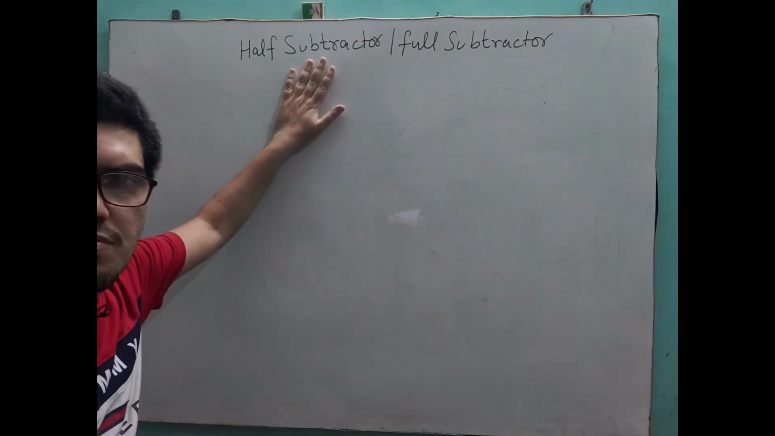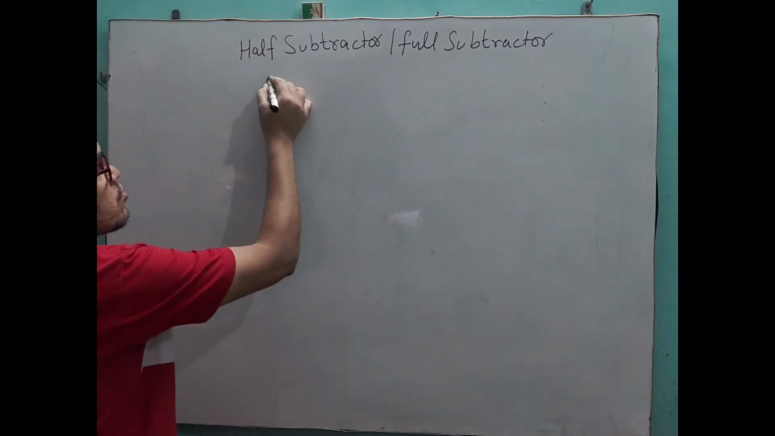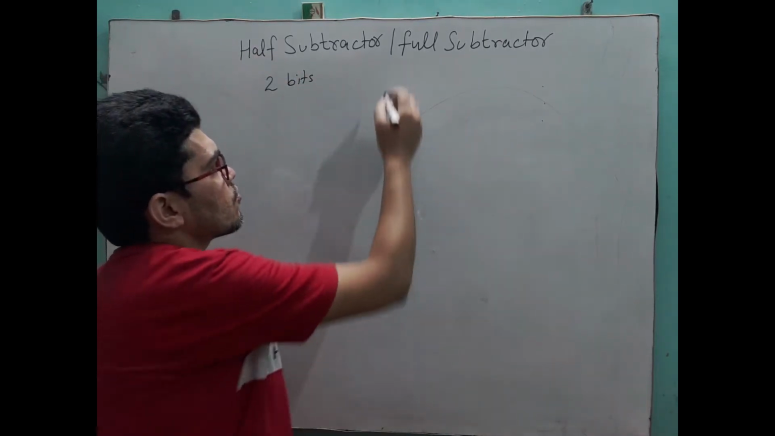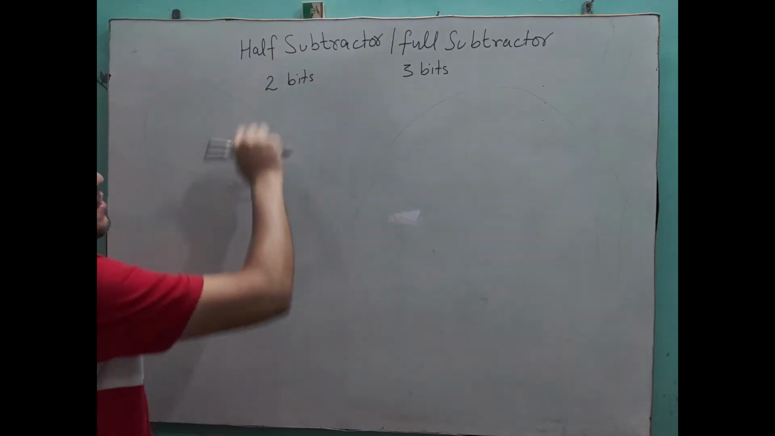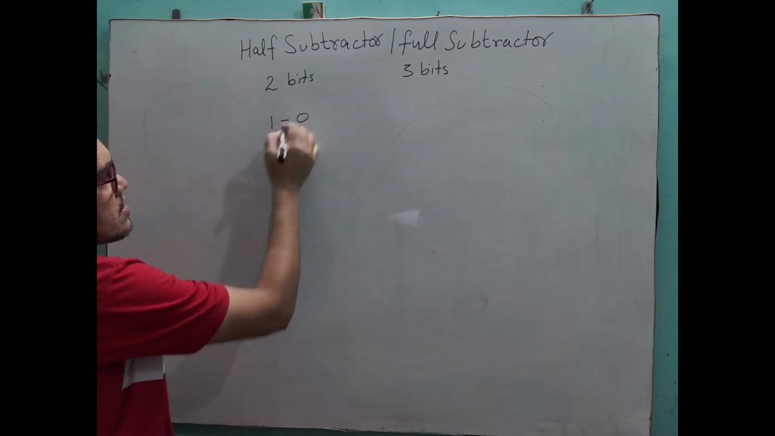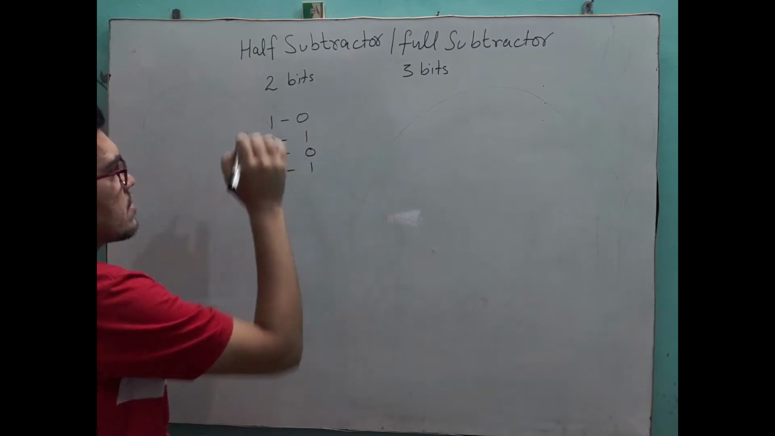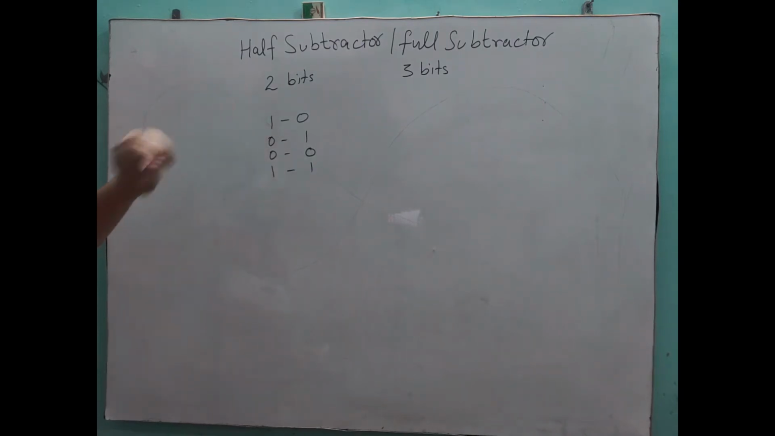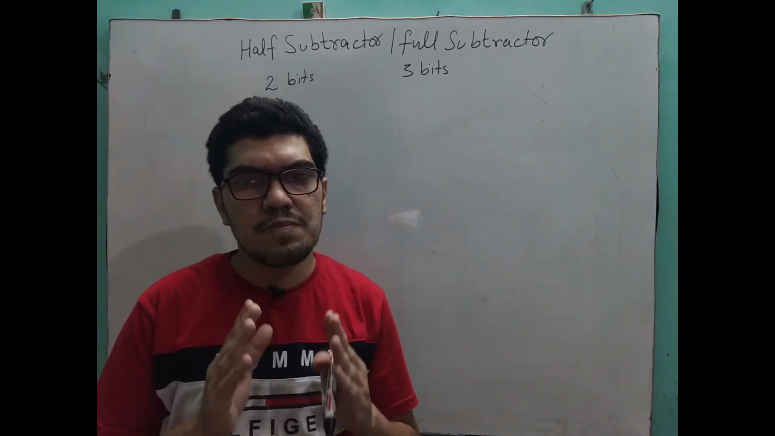So the funda is very simple. Half subtractor can subtract only 2 bits, but full subtractor can subtract 3 bits. In half subtractor, it can subtract only 2 bits, like 1 minus 0, 0 minus 1, 0 minus 0 and 1 minus 1. Half subtractor can work only in these 4, whereas full subtractor, if we talk about binary subtraction,